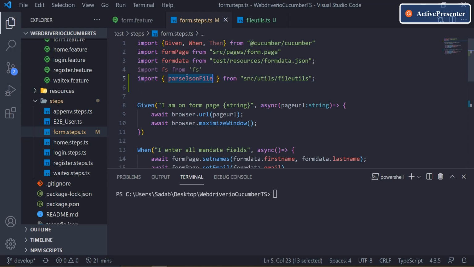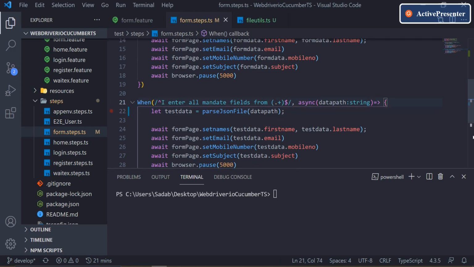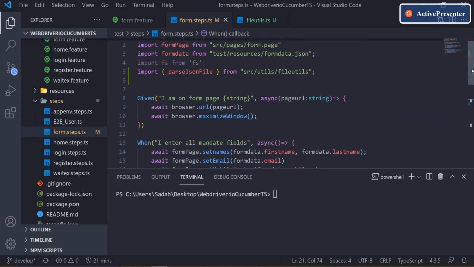We cannot give any random name. Suppose with this kind of import, we can give ABCD also, that's not a problem. But for this kind of import, you need to give exactly the function name that you are creating here. It cannot be anything else. And anyway, when you are importing, it will auto suggest, so you just select it and it will automatically do the job for you. Now let me remove this. Looks good. Import is there.